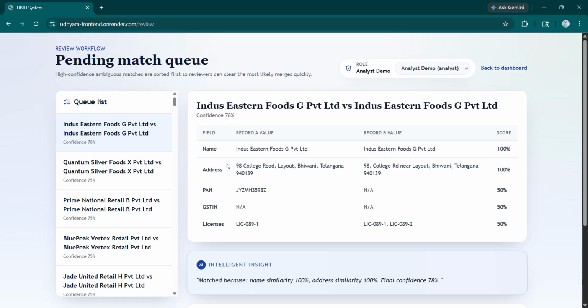The main panel shows the full side by side comparison table, 5 rows: name, address, PAN, GST, and license. These are the five fields that our model works on. Each shows record A's value, record B's value,